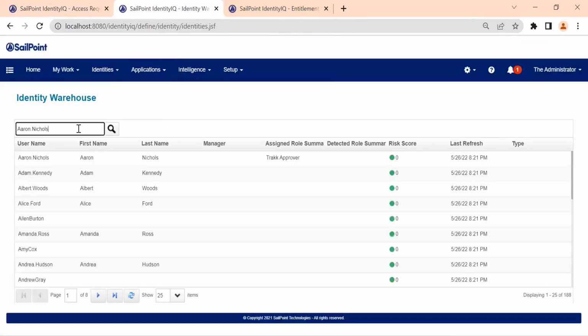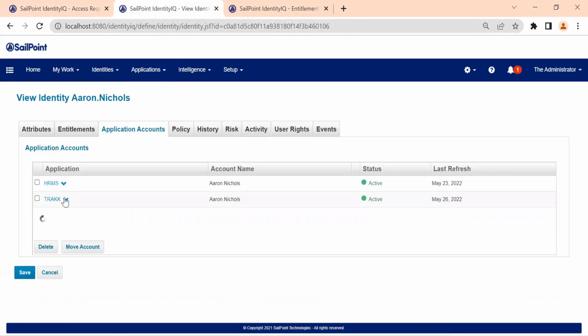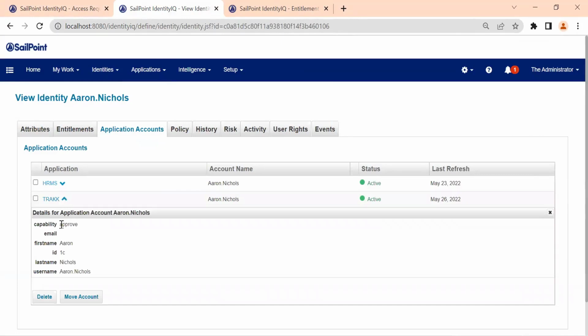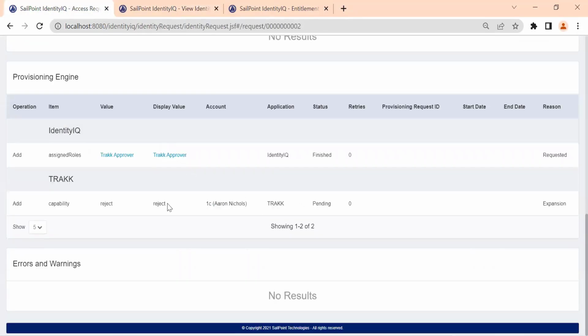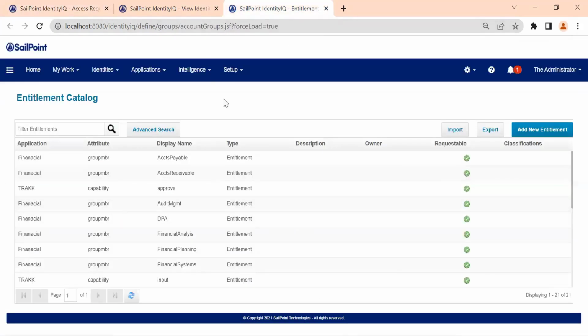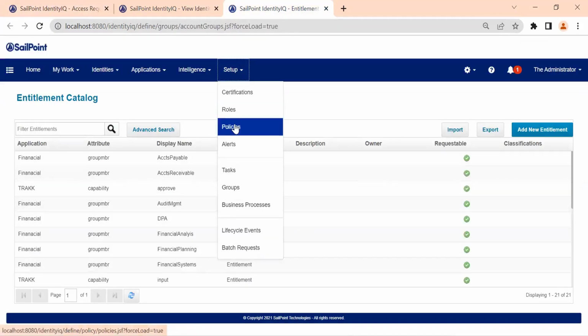SailPoint never assigns the same access again. You can do that forcefully, but by default SailPoint will not. You see, approve is already assigned, so SailPoint is only assigning the reject. Here we have configured write in the role. If you see the role,